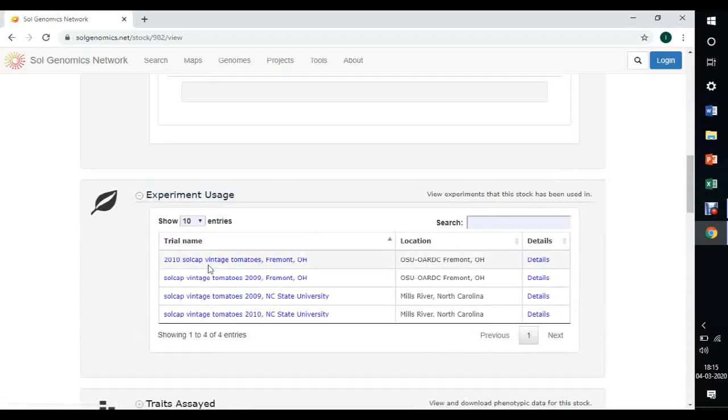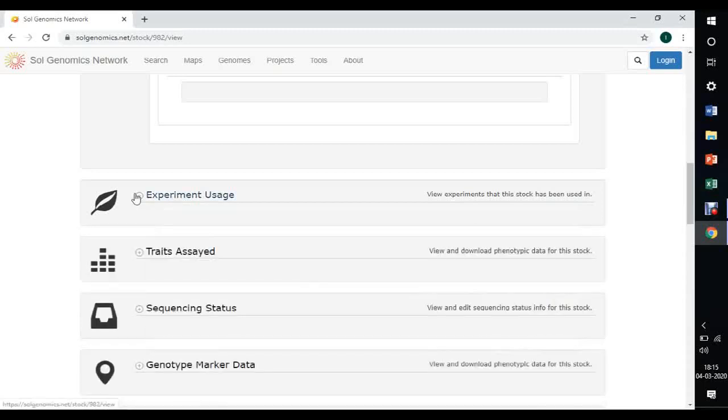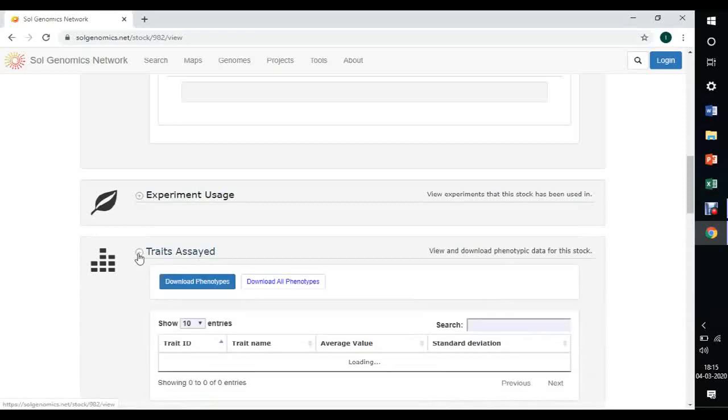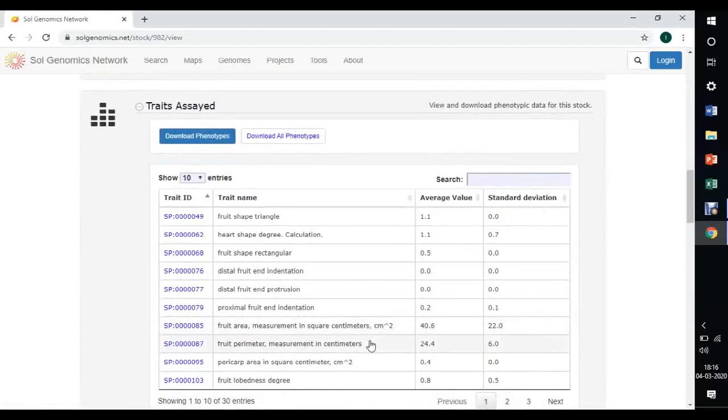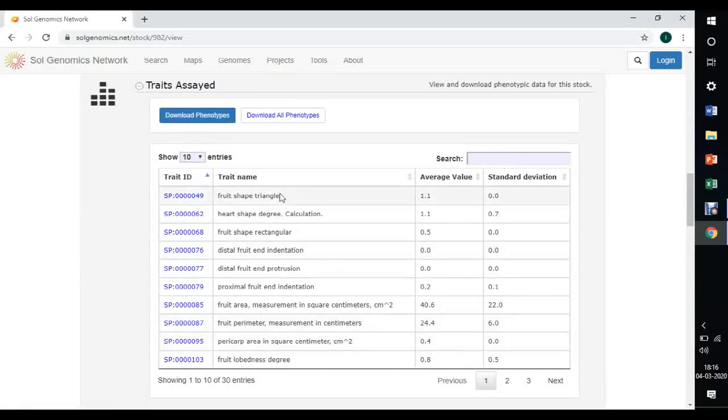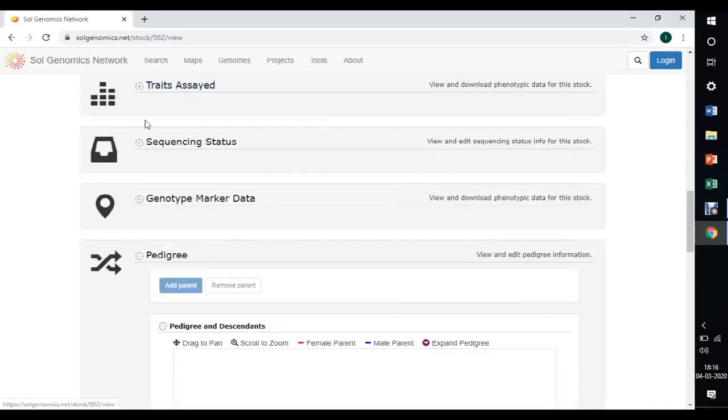You can also view those details and which university used the stock and trait assayed. These are the trait assayed for the stock. You can also view other details like sequence.